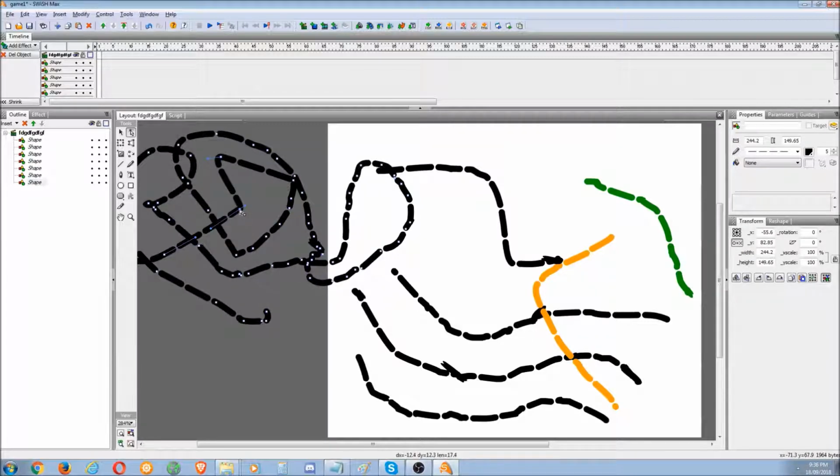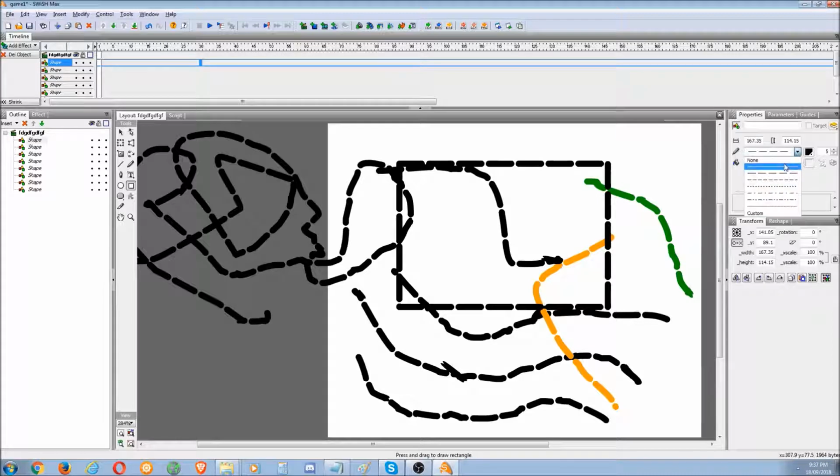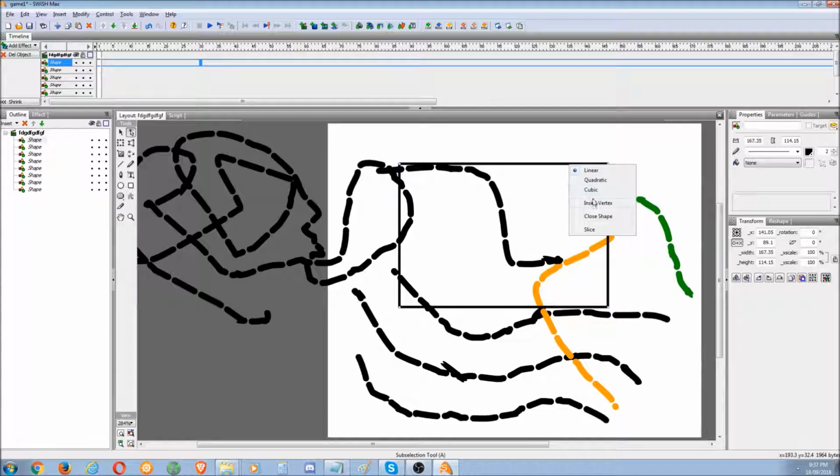What you could do is just draw over a picture, clumsily use the pencil and draw over a picture, and then just modify all the vertexes yourself. But I find it's a lot more accurate and better to do it manually and just make a square shape. Let's set that to a straight line, and then we'll do it to two, but we usually set it to 1, and just insert new vertex and just zoom